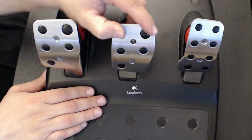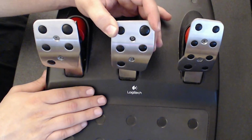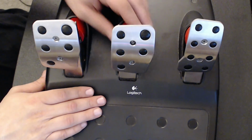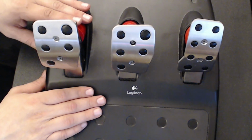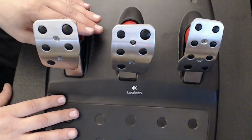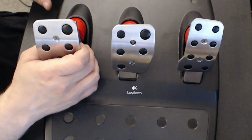But here's the raw truth, the reality of it. When your foot goes on it, they just slam on down. A lot of people like to swap them out with load cells, and that's something that's awesome about these pedals. They really give you quite your bang for your buck. It's pretty insane. So we'll move on to, I want to say the bottom, because that's something that impressed me,